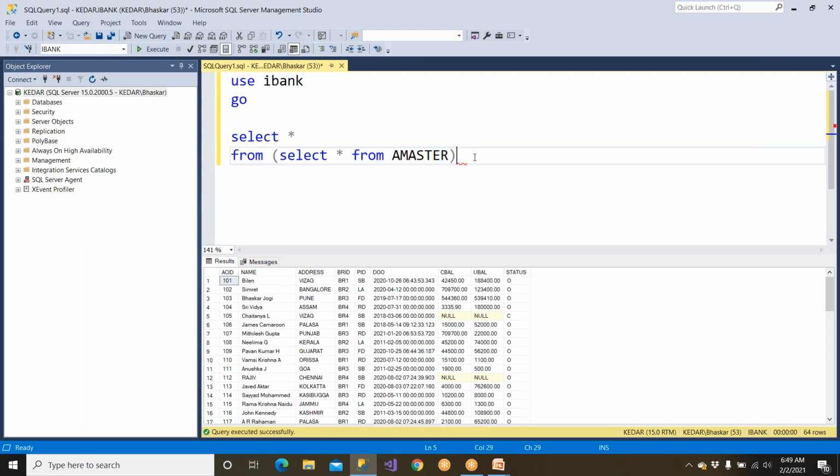So when you write a query, you must give an alias. Okay, you must give an alias here. So you can give any name. So when I execute, I should be able to get some data. Clear? So you may be thinking, why are we writing a query here? Instead of writing select star from employee table, why are we writing a query here? So whether you execute like this or you execute simply select star from account master table, both of them are giving the same data, right? So this is also fine. In this also you're getting the same data. So what is the difference between this query and this query? Output wise, there is no difference. Both of them are working fine,